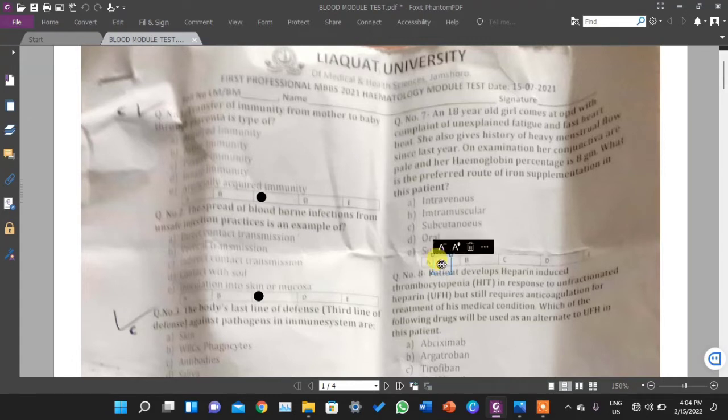So intravenous route is well preferred for the iron supplementation, since the woman is severely deficient in iron or hemoglobin percentage. So iron supplementation is needed to prevent iron deficiency anemia. Intravenous is the fastest route, and the drug is directly injected into the systemic circulation, so it has a